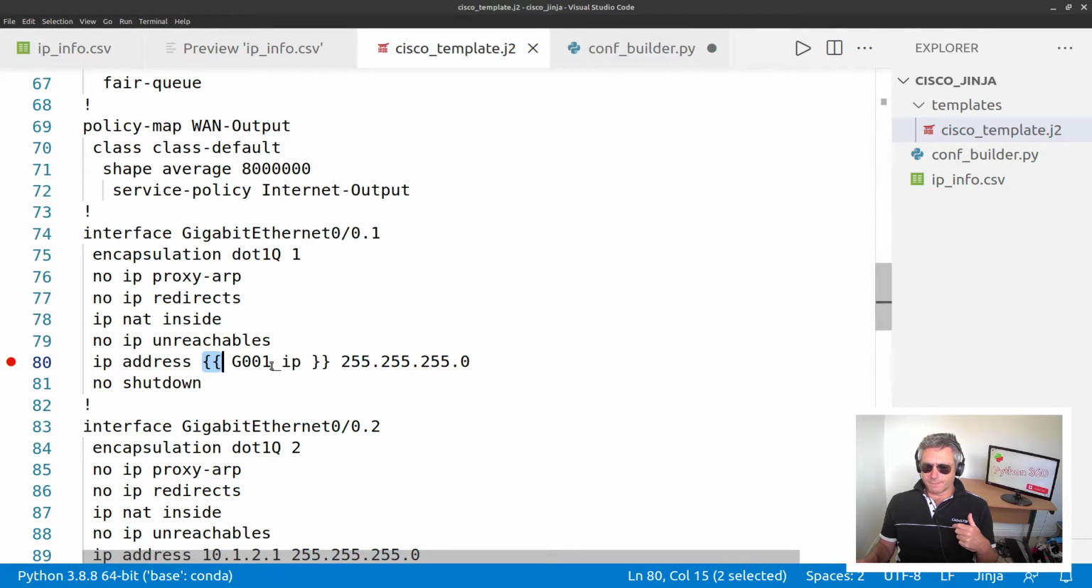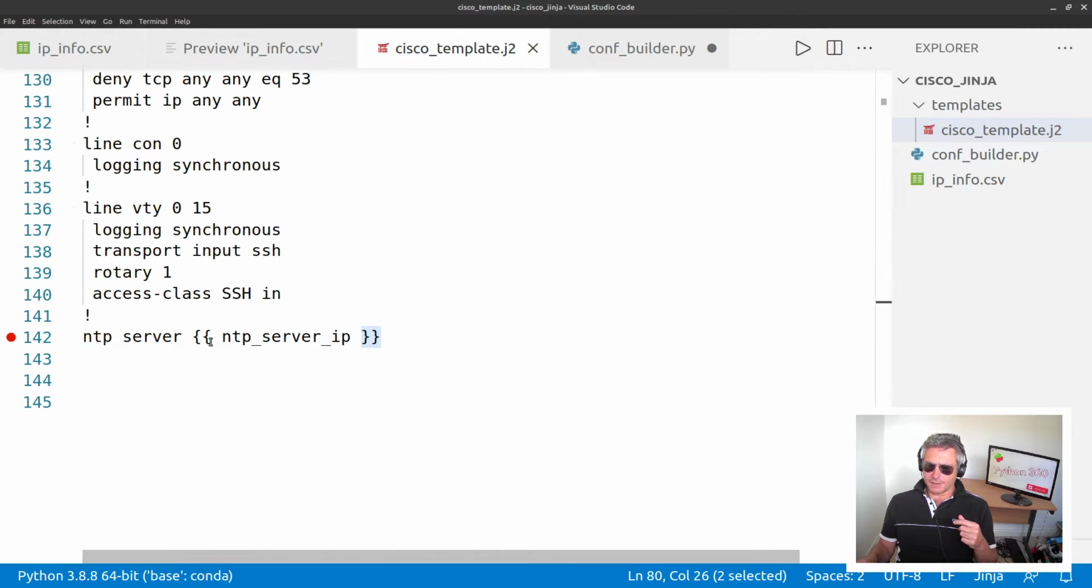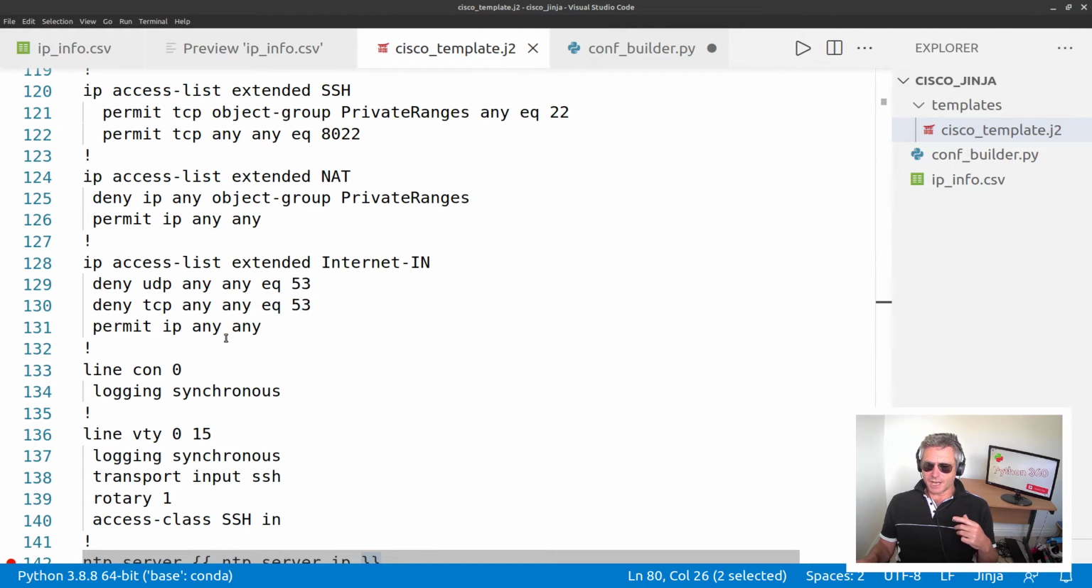Double braces, my variable name, two closing braces. This is Jinja syntax, not Python as such, although it will obviously work with my Python script. And one last one here. So I've just done three. You could put in as many as you want. If you wanted to change